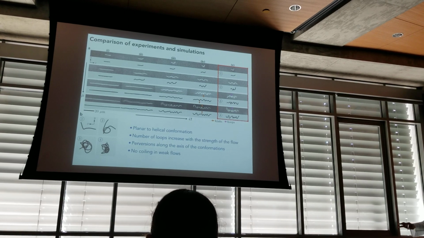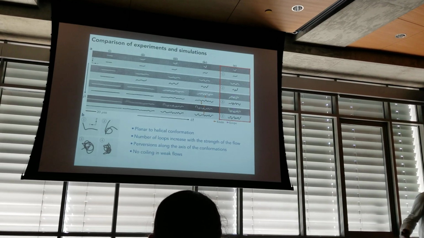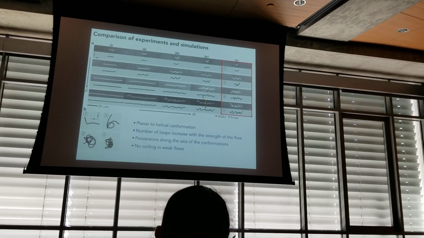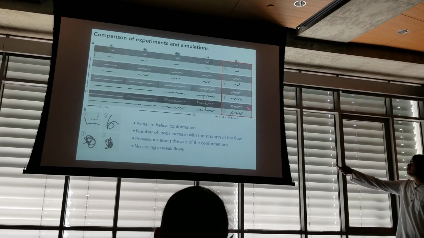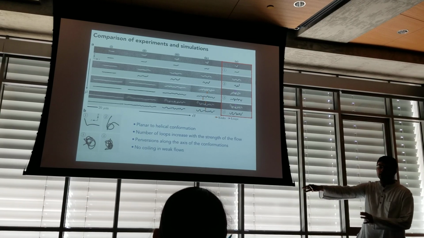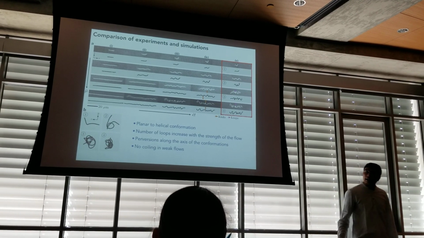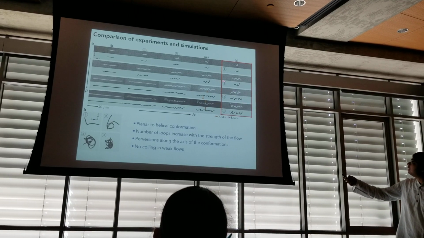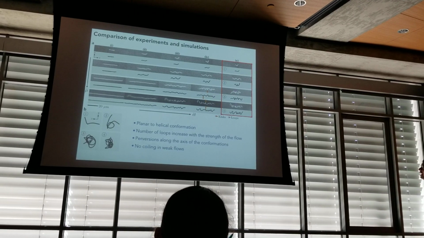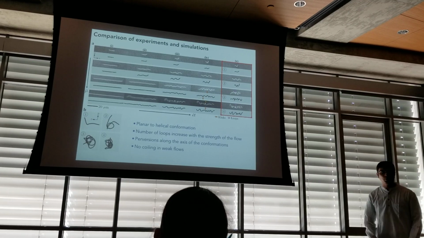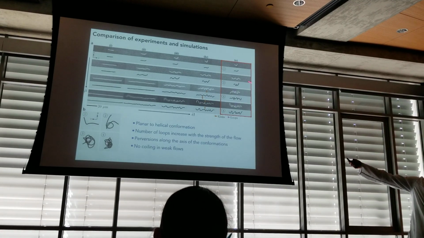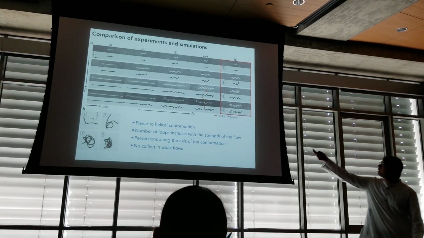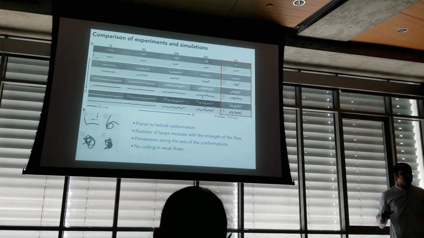These structures do not have any preferred chirality because there is rotational symmetry in the problem. However, you can have helical perversions, where the structure reverses its handedness around the axis. So the chirality of these conformations can suddenly change. You can have a right-handed structure becoming left-handed and vice versa. And these perversions are identified by kinks on this projection that are indicated by these arrows. And finally, I just wanted to note that in weak flow, particularly if you look at the first conformation, the conformations are not really three-dimensional helicoidal. They remain planar, right? And that's an observation that I would like to explain later on.